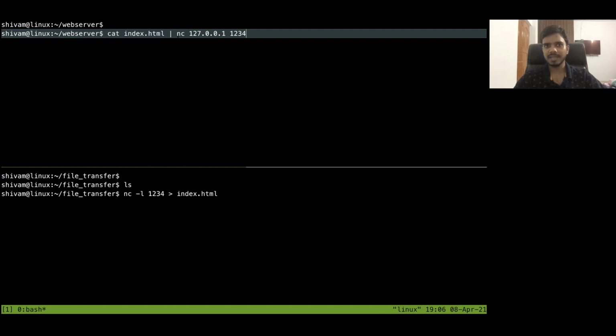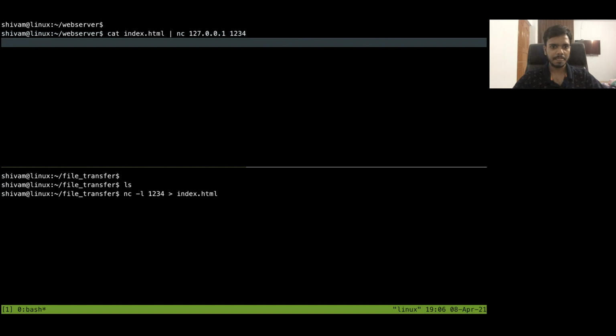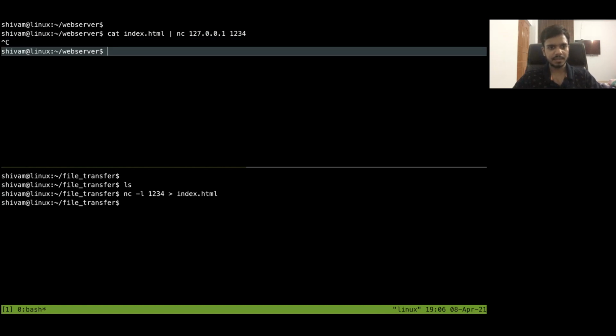So here also the same thing will happen. First, this client will start running. Okay, ANSI 127, this is a simple client. It will start running, and after that it will get this data from the file and send that data to the server. Okay, let's run this. Of course, it will not show you anything here, but in some time it will be done. So just type Control C here and go to the bottom also.